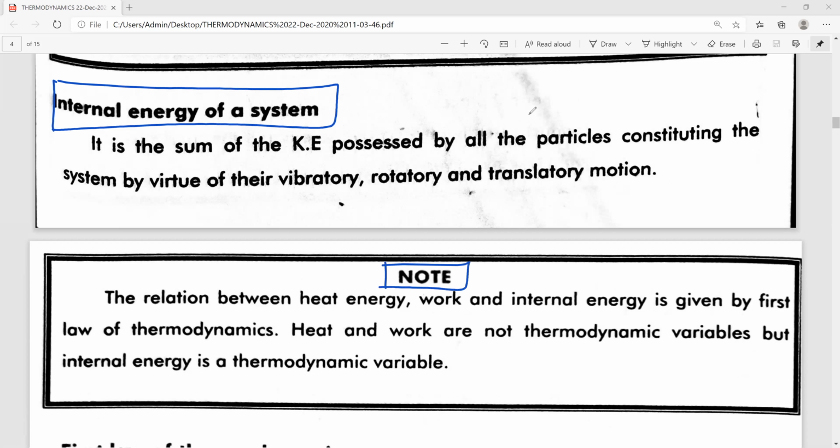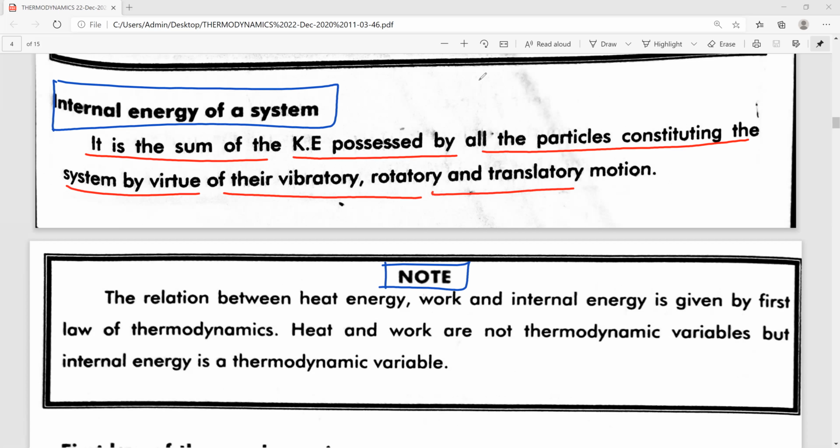Internal energy of the system is the sum of kinetic energy possessed by all the particles constituting the system by virtue of their vibratory, rotatory or translatory motion. And one point you have to remember, the relation between heat energy, work and internal energy is given by